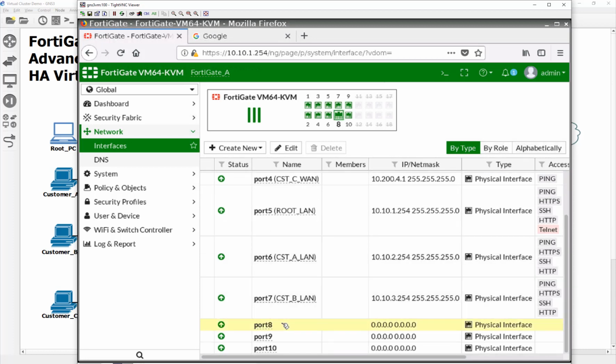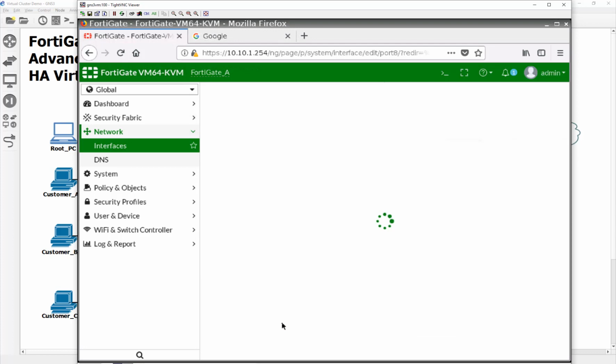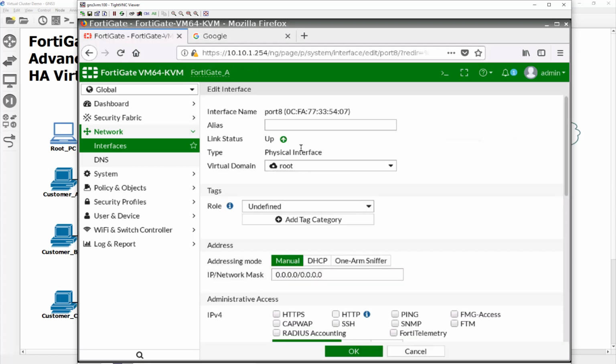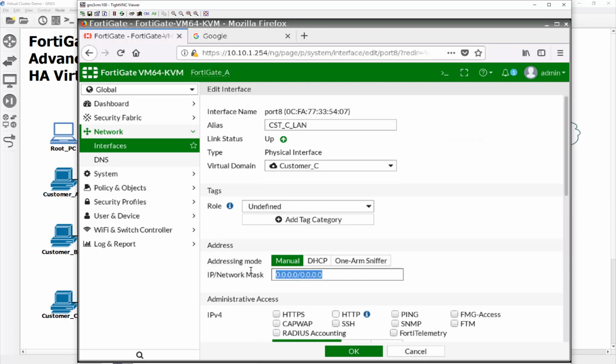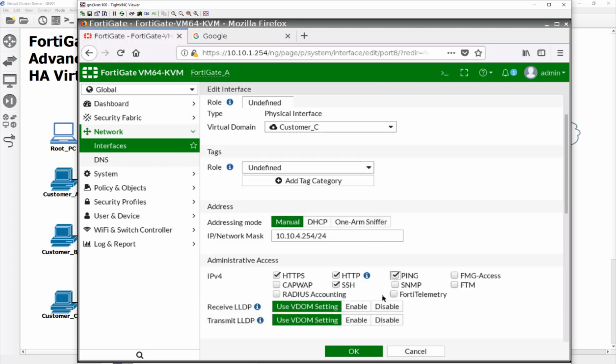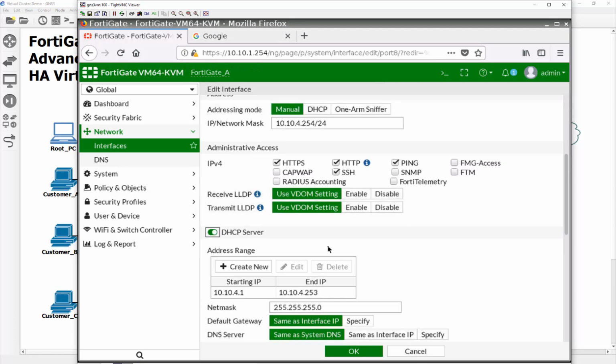And then last but not least is going to be port 8. And port 8 is going to be customer C's LAN. Okay. All right, so customer C LAN. Okay, give an IP address. And we'll also allow them to access the administration so they can do their own business and pass out some